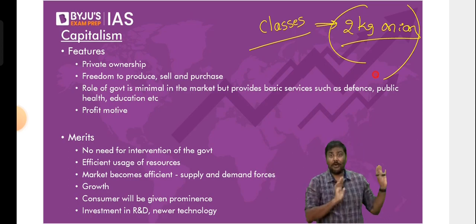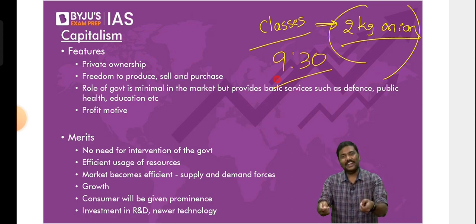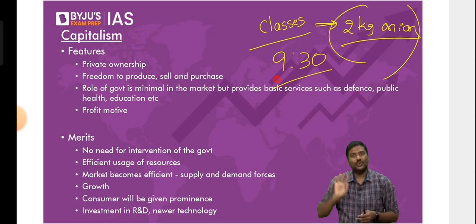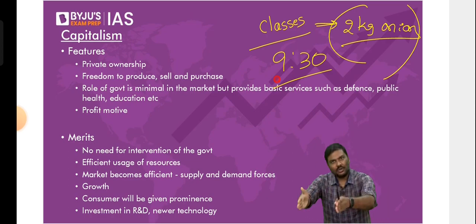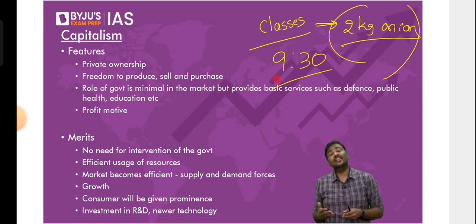You'll say, I'm attending economics class, very important for me. Wait. And they say, okay, study better. And at 9:30 when the class is over, finally you go out. Now your parents are again standing in front of you. They give you money and ask you to go to the market and purchase 2 kg of onion. You simply go to the shop, ask how much the onion price is, pay money, purchase 2 kg, and come back home. Once you come back home, your parents ask, where is the change? Then you realize you'll get the change in the shop itself.